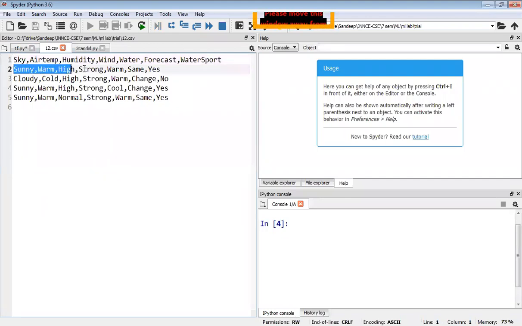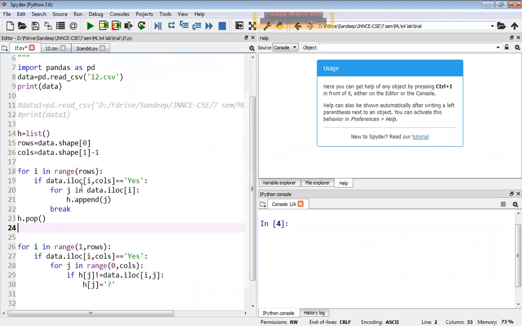So it will initialize the empty hypothesis to the first positive case. So this is the first positive example. Our initial hypothesis will be nothing but this first positive example itself, that is the attribute values Sunny, Warm and so on. This will be the initial hypothesis. That's what we are doing in this first for loop.